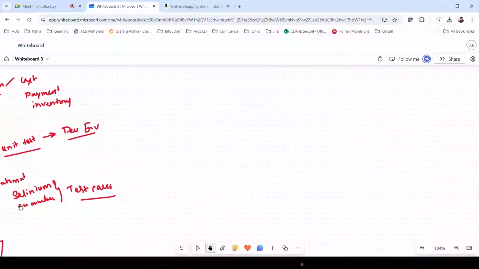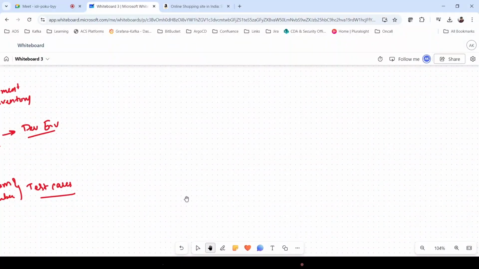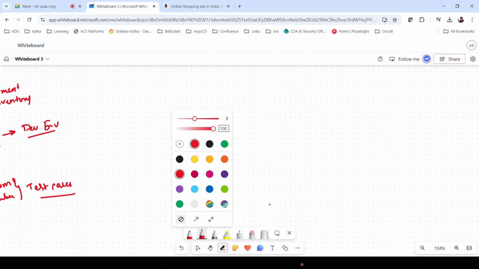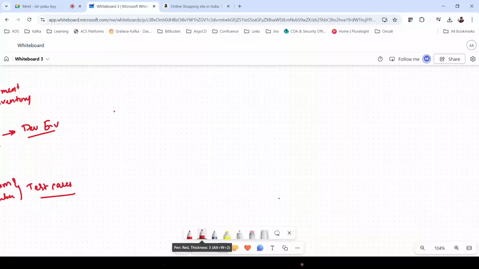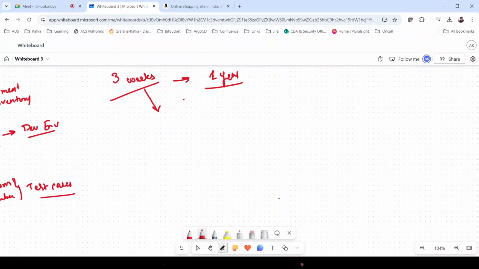So this agile methodology is there. Here we will be using different tools. I'm telling you we'll be completing it in 3 weeks, right? In the waterfall method, I told you it will take 1 year. A task which takes 1 year for them to complete, we are planning to complete in 3 weeks. How? Because of initial planning.